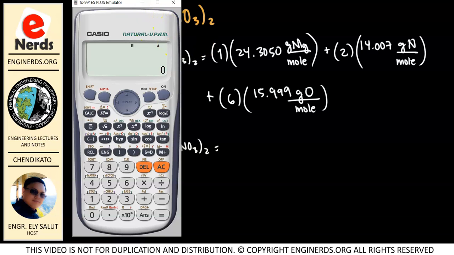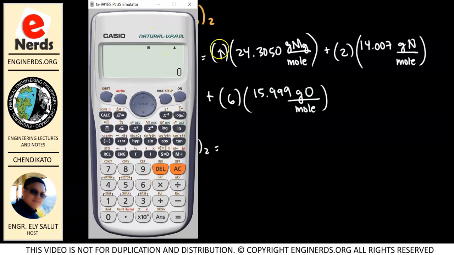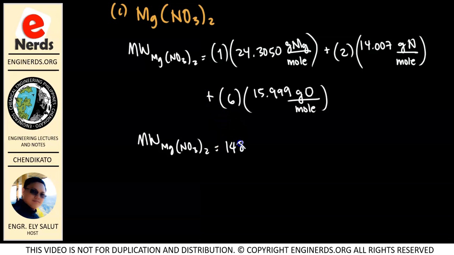Okay, so we have 1 times 24.3050 plus 2 times 14.007 plus 6 times 15.999, which is equal to 148.313. And this will be the grams of